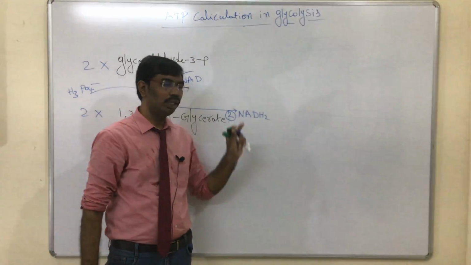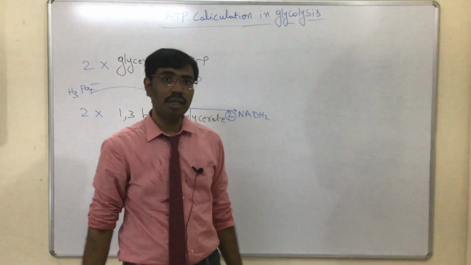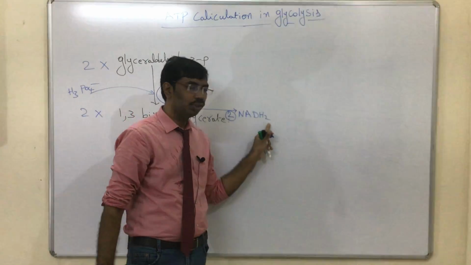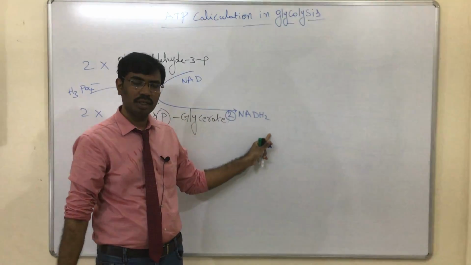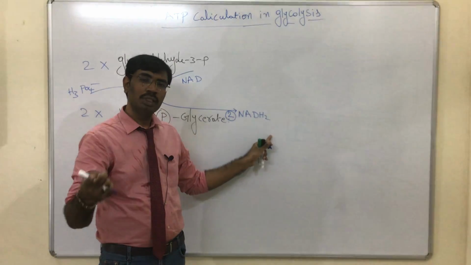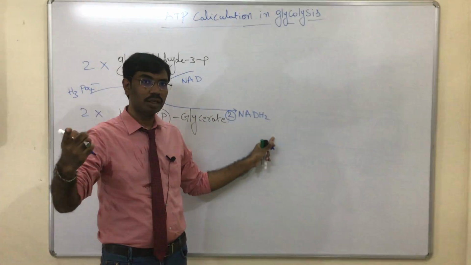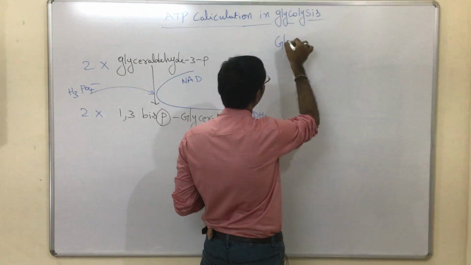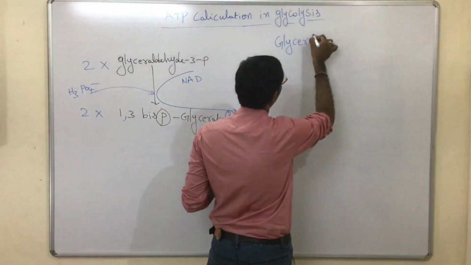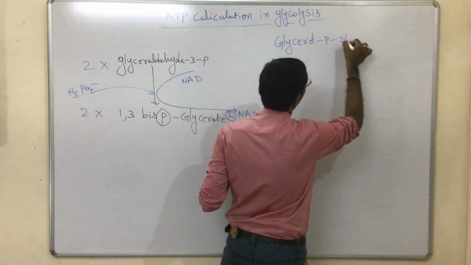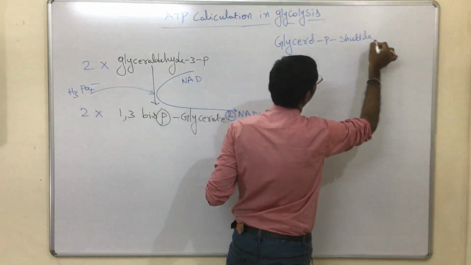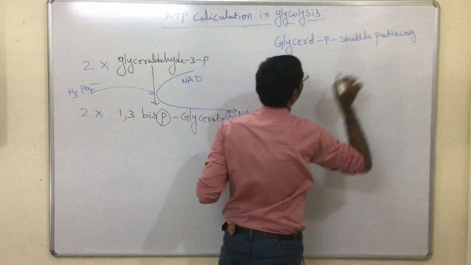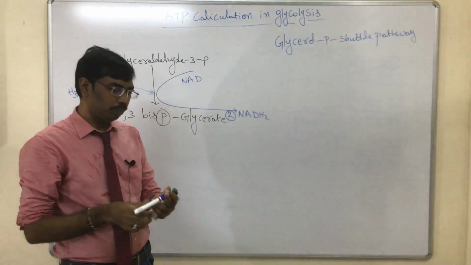So the NADH2 is a very big molecule. So it is difficult to penetrate through the membrane of the mitochondria. So because of that, this NADH2 is difficult to enter into the mitochondria. So to overcome this problem, some cells in the body created an alternate pathway. That pathway is called the glycerol phosphate shuttle pathway. Okay, so what is the glycerol phosphate shuttle pathway?